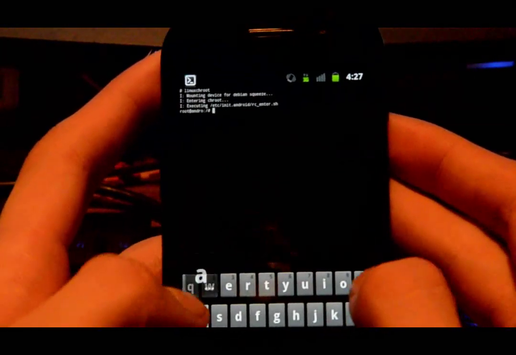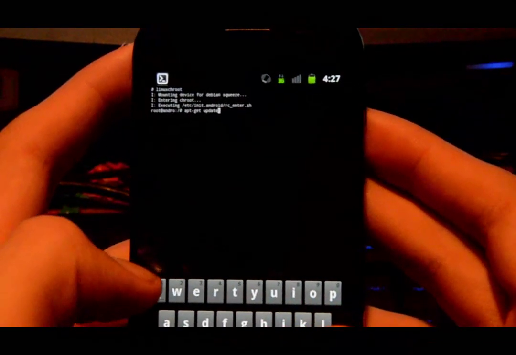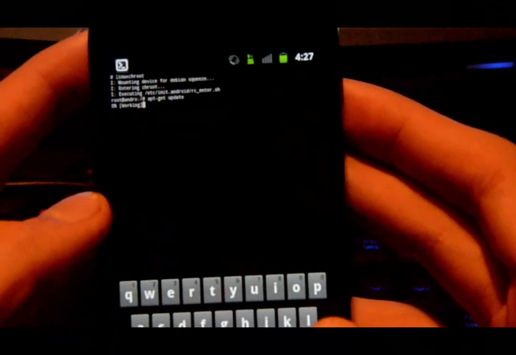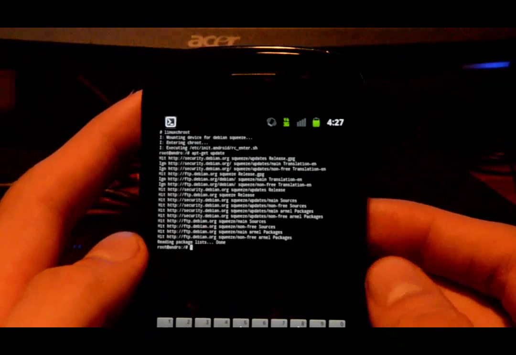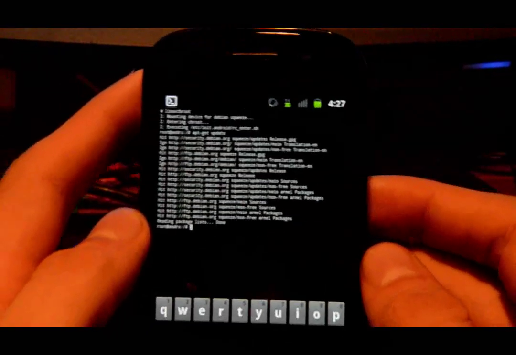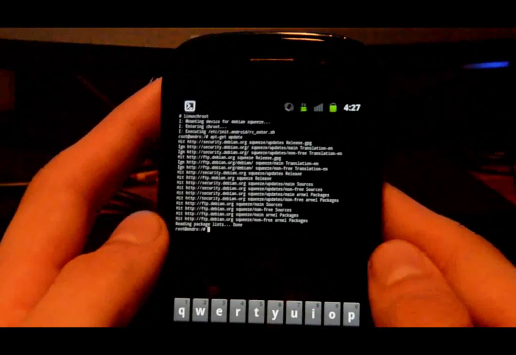So from here I can obviously go apt-get update. I feel like I typed that wrong. No, looks like I typed it right. And you'll see, oh wow, apt. And obviously you've got aptitude on here, so you can just do whatever you want. I prefer using apt-get to using aptitude. I don't know why. But from here you can install nmap, you can install a VNC server if you want to,